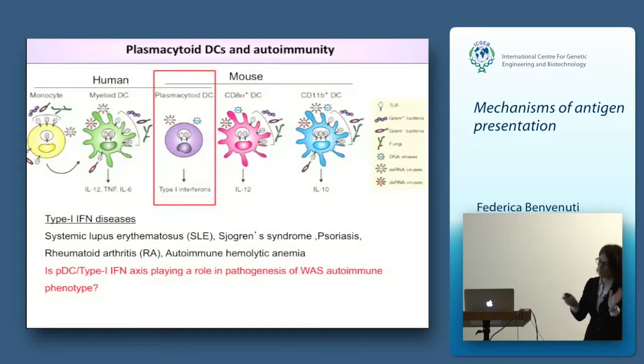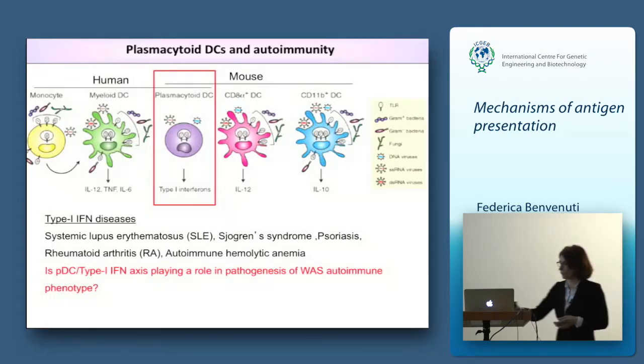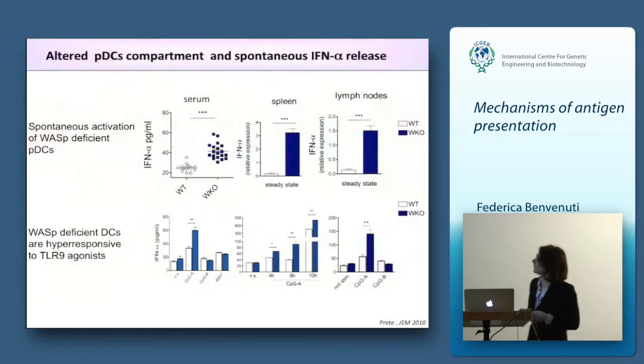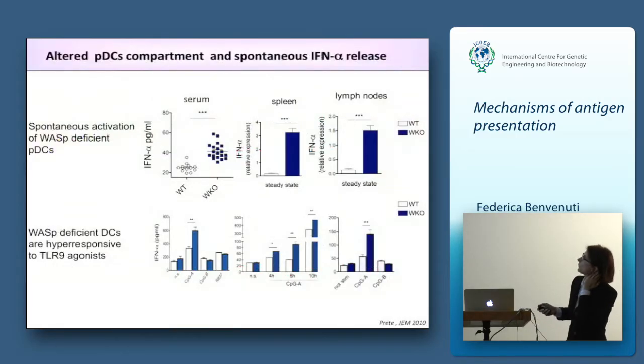And because of some hints we had, we asked whether plasmacytoid dendritic cells in WASP deficiency may be involved in the development of the autoimmune phenomena. And I'm going to go quick on this part. We found that indeed